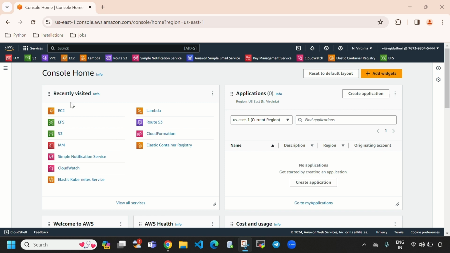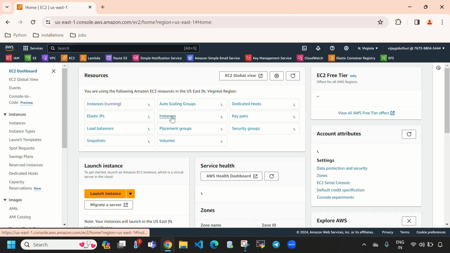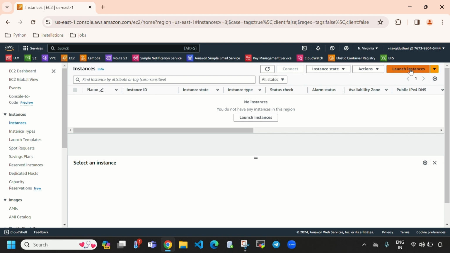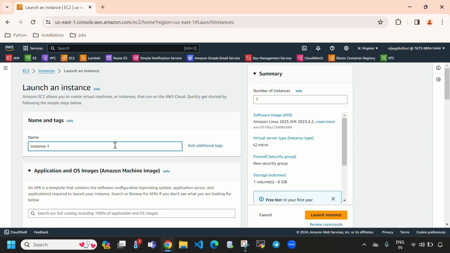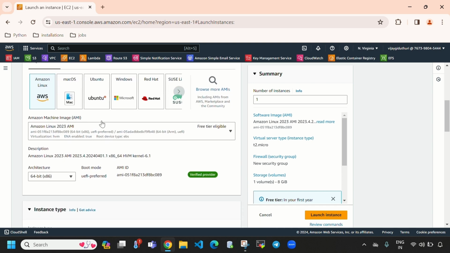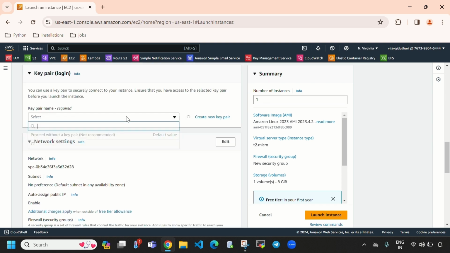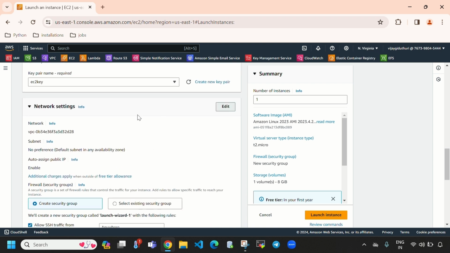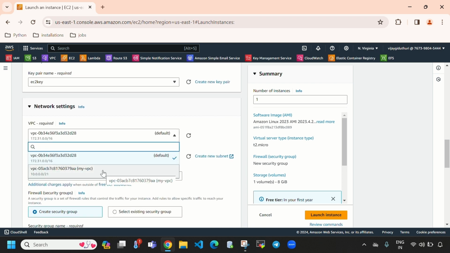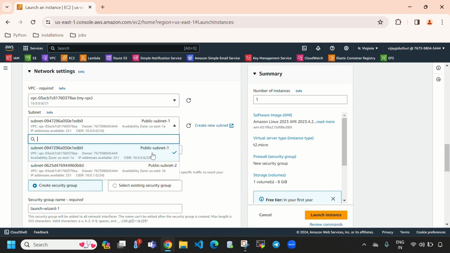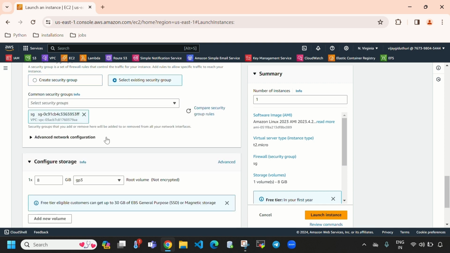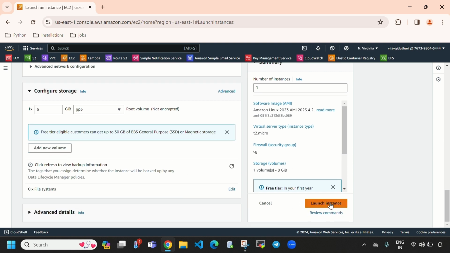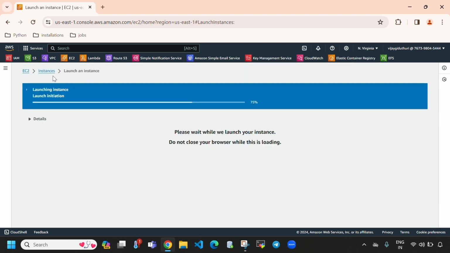So let's quickly create an Amazon EC2 instance. To create an Amazon EC2 instance, you need to select instances and then select launch instance. Here I'm giving the name instance 1, and I'm going with Amazon Linux and T2 micro is enough. I'm going to select a key pair and we need to select a VPC. I'm selecting a custom VPC and subnet 1, and I'm going to select the existing security group, and 8 GB is enough. I'm going to select launch instance,